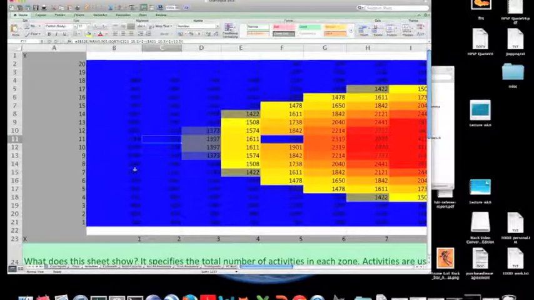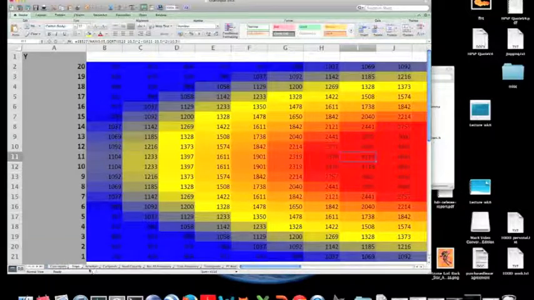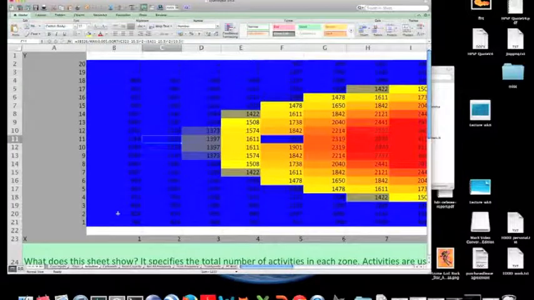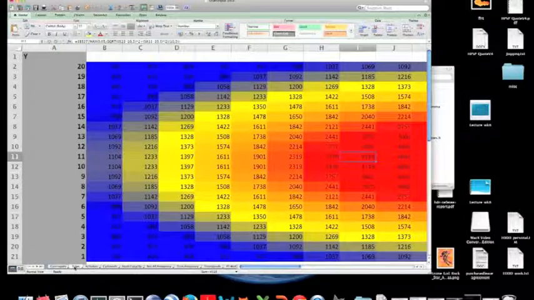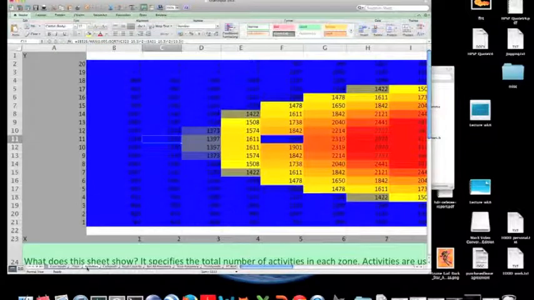Now, of course, you should make sure that the number of trips from all of the zones is the same as the number of trips to all the zones. So the sum of all of these cells in the trips sheet should be the same as the sum of all these cells in the activity sheet. But actually, if it's not, RTran will simply correct that for you. But you might like to, for your own accounting and thinking, just try to keep that right. Okay, so trips from each zone, trips to each zone,